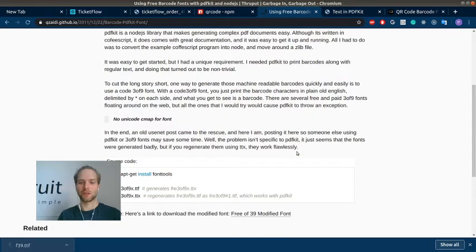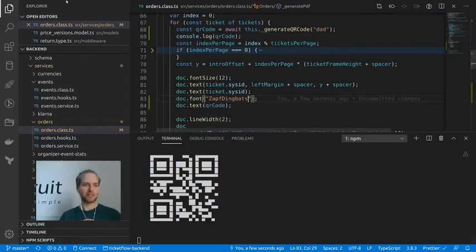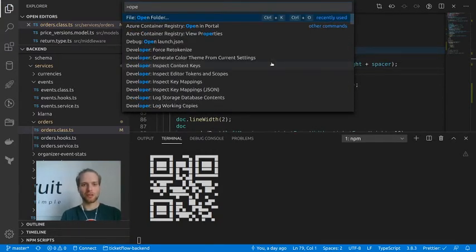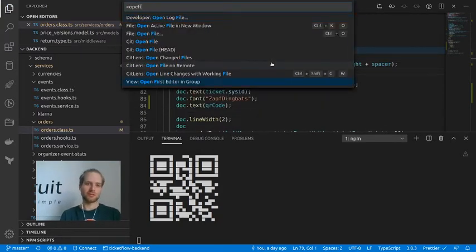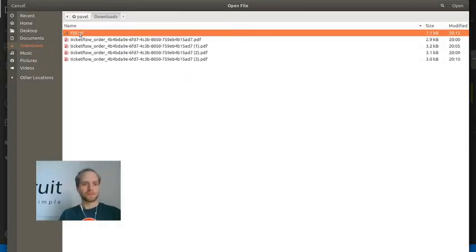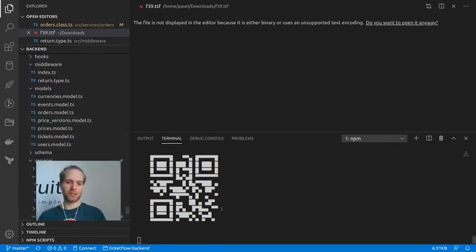We're just gonna open it. It's gonna destroy my computer. Alright, we just opened it somewhere. So let's open the file. How does it look? File is not displayed because it's binary. Okay. That's okay. Let's put it in here